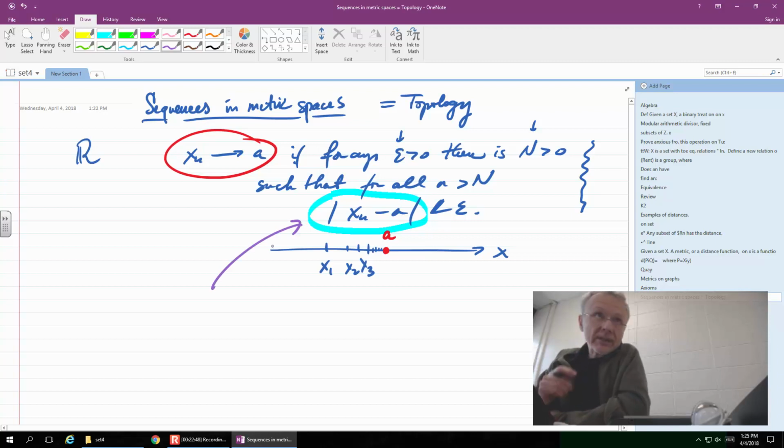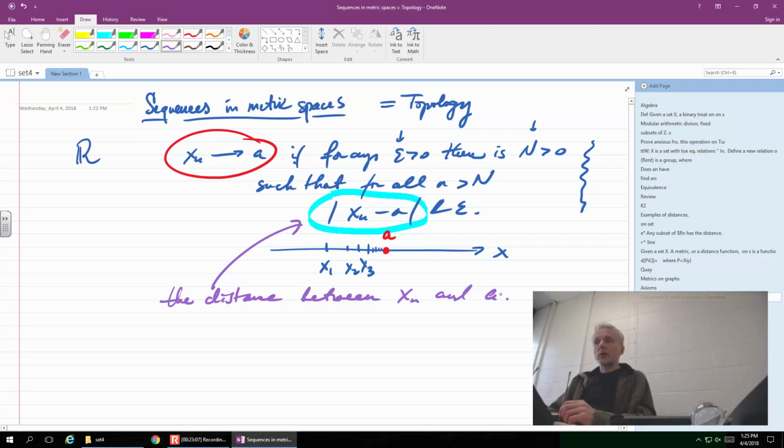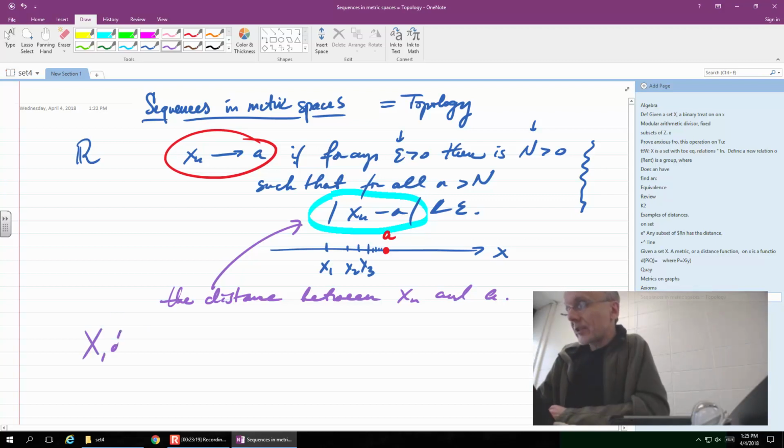What's the meaning of xn minus a, absolute value in R? It is the distance between xn and a. Okay, so that is the idea: where you know what the distance is in general in the metric space, just go straight ahead and replace this expression with the distance. So I just write it out: X, d a metric space, xn converges to a,